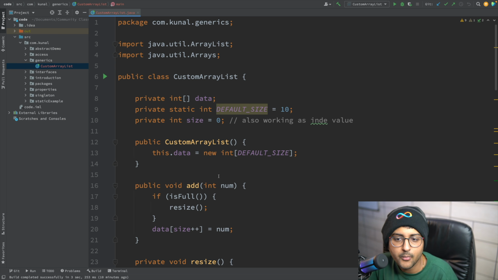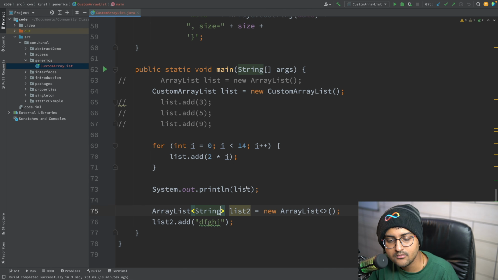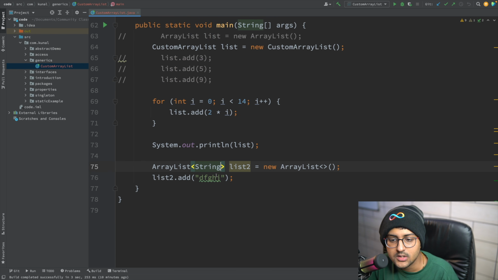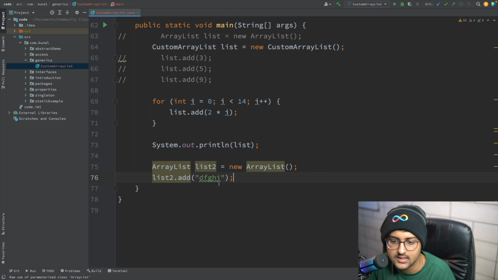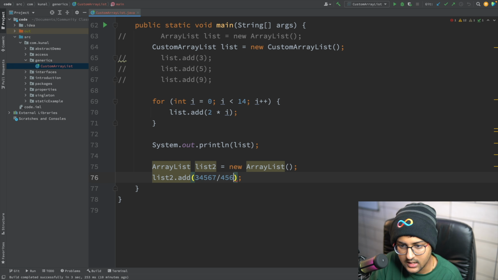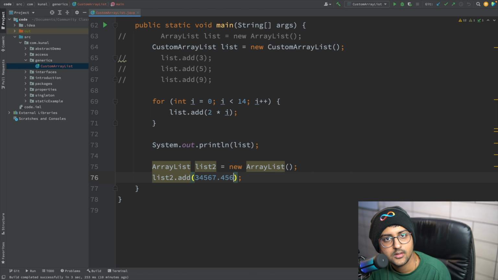Point number one. Point number two is what? Point number two is type safety. Okay, so if you have a list like this and let's say it's not generic, then anyone can add a string to it, it's allowing it. Anyone can add a number to it, it's allowing it. Anyone can add float in it, it's allowing that.